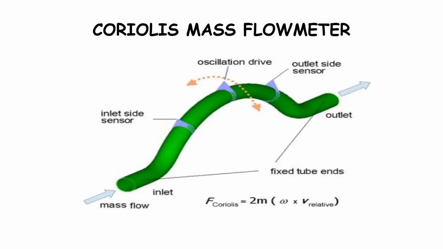A more recent single straight tube design is available to measure some dirty or abrasive liquids that may clog the older U-shaped design. For working properly, a minimum gas density of 4.5 kg per meter cube is required, and that depends on the vendor. Theoretically, the force is given by Fc = 2mωv, where m is the mass, ω is angular velocity, and v is velocity.